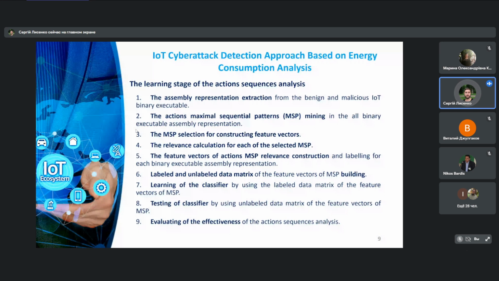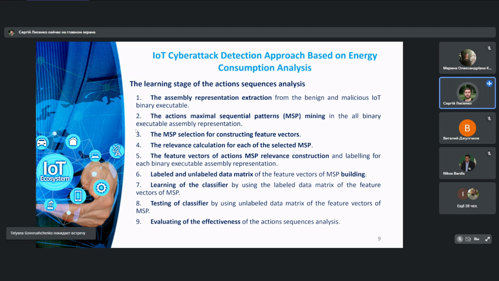This approach also has two stages: learning and testing. The first one has the following steps. First, assembly representation extraction for the benign and malicious IoT binary executables. After that, we represent actions as maximal sequential pattern mining in all the binary executable assembly. Using those patterns, we are able to construct feature vectors. And after that, we evaluate the relevance of each of the selected maximal sequential patterns. And the next step is to